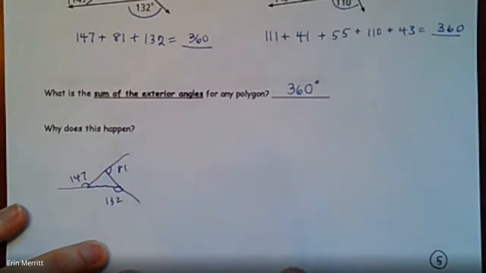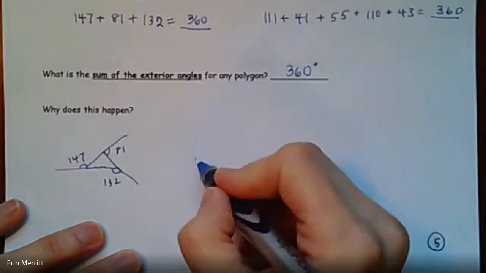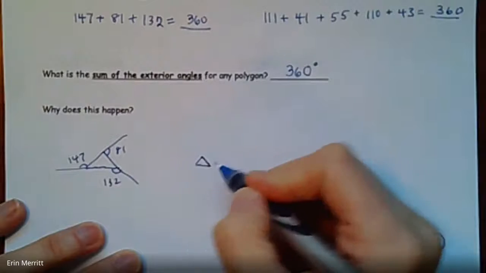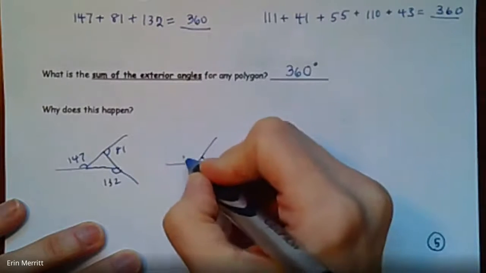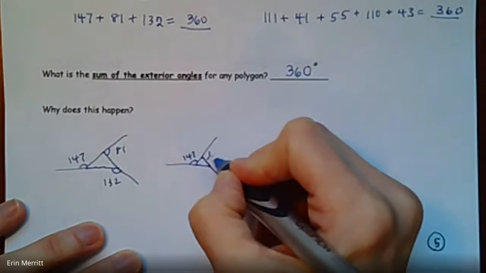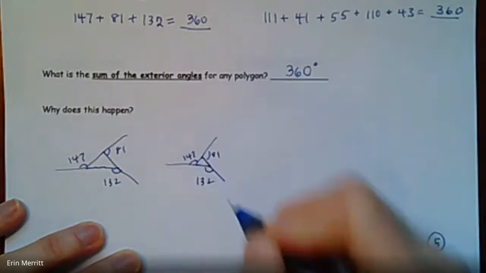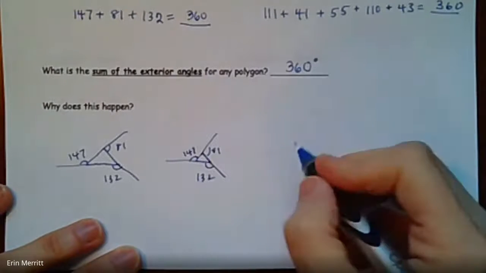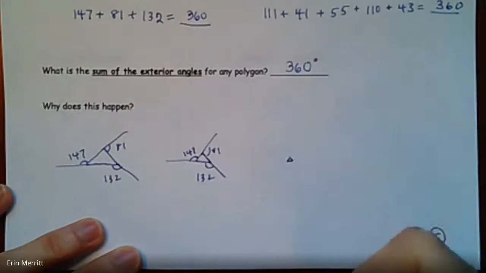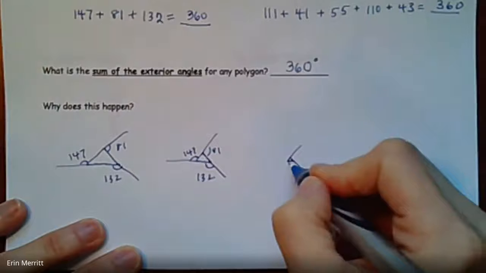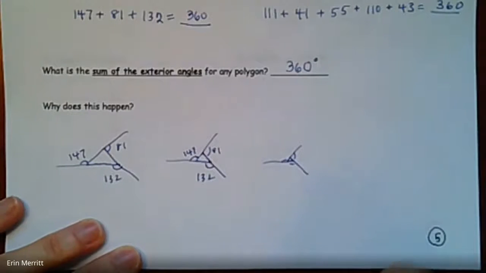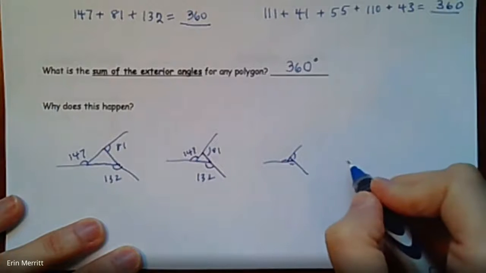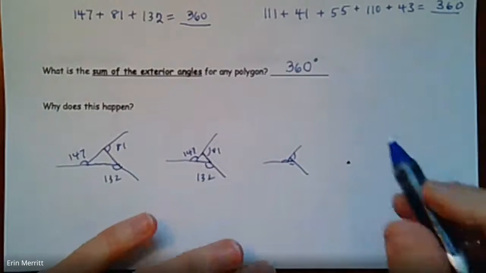I'm going to shrink this triangle down a little bit. If I reduce the size, but I still extend, I would still have those same angles. Here's 147, here's 81, here's the 132. Now I'm going to really shrink this guy down. Teeny tiny little triangle, right? You don't have to label the angles every time, but it's the same 3 little angles. If I shrink this down so much that that triangle almost just looks like a single point,